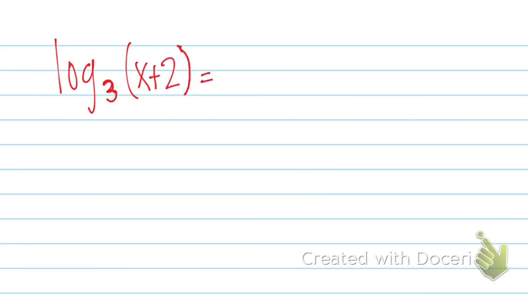Log base 3 of x plus 2 equals 4. All right, so what form is this? Exponential or log? Log. We got to change it to exponential. Okay, so first, what is going to be my b value, the number that goes in that first box on number 20? 3 raised to what power? 4 equals